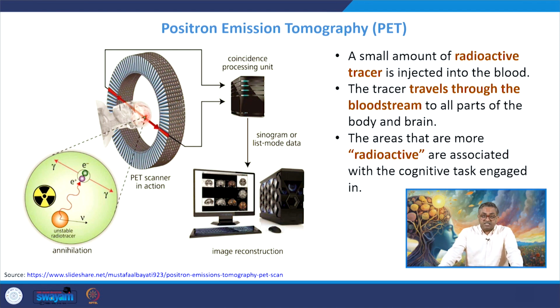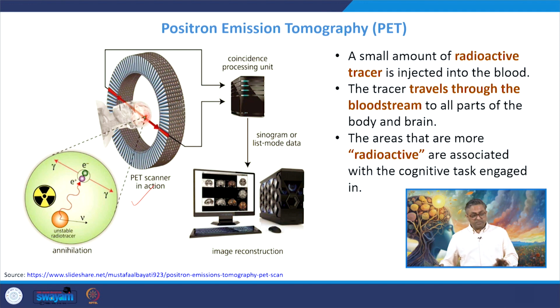Another method is the invasive method, positron emission tomography. Here a small amount of radioactive tracer or chemical is injected into the bloodstream of the individual, and once it is injected, the individual is brought back to the scanner. This chemical or radio marker, because of its chemical properties, tries to generate ions, and these ions under the external magnetic field try to align themselves accordingly. And once the person is in the scanner, in action, these molecules are studied.